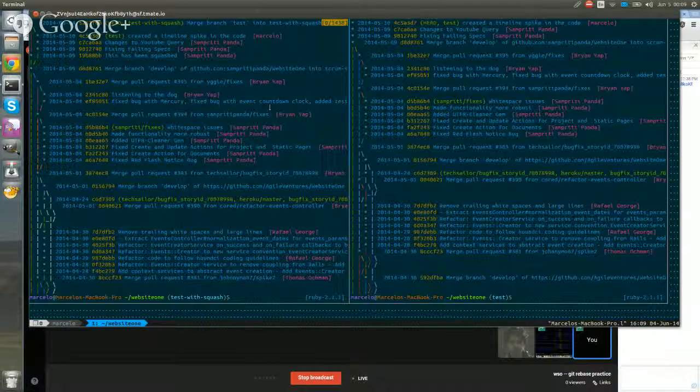Right. And plus, when you're squashing, you also need to talk to the other person too, right? I mean, like Sampriti, you, Brian, or you, John. If I'm going to squash something, can I just do it arbitrarily? It's best to squash your own commits right now. Don't squash somebody else's until we figure out how to properly